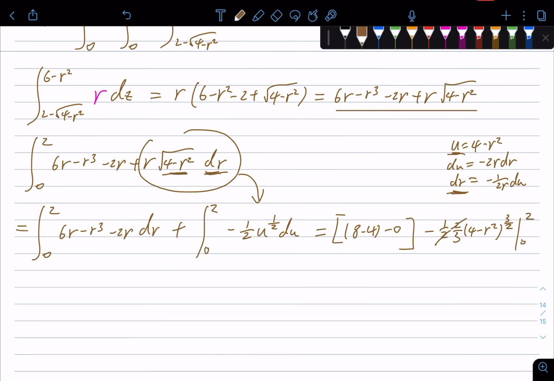I would always like to integrate with respect to my original bounds instead of trying to find the new u bounds. It just saves me some hassle. And this integral will give us 4 minus 1 over 3, 0 minus 4 minus 0, 3 over 2, equals 4 plus 1 over 3